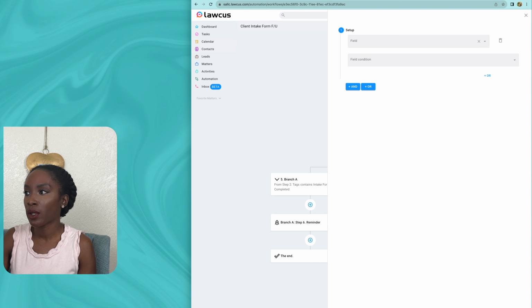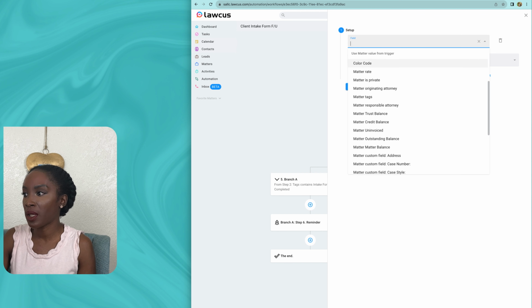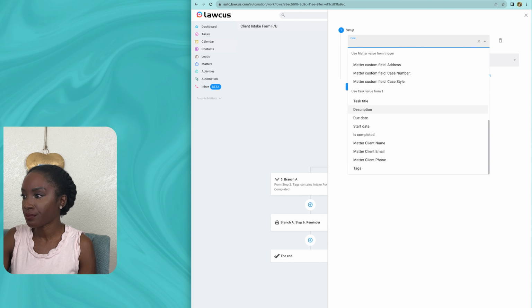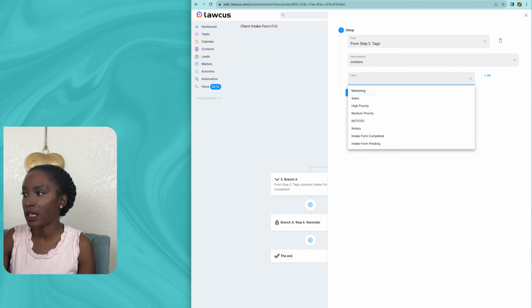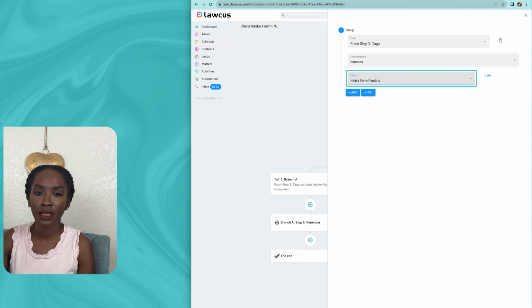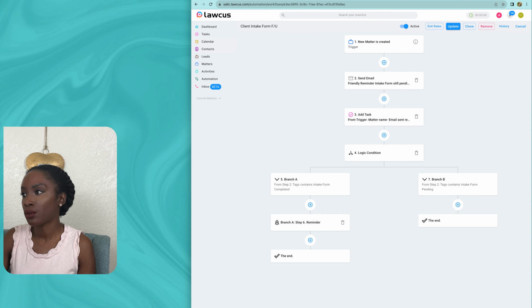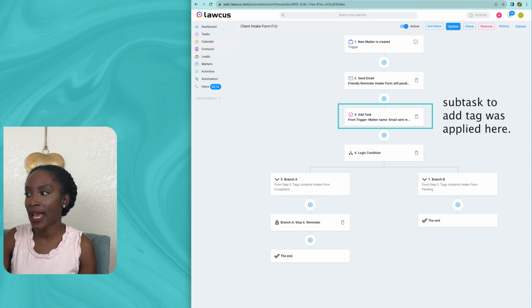So for this one, we're going to do add, and we're going to also pick the tag down here, and we're also going to say it contains, and it needs to contain intake form pending. Okay, it needs to contain intake form pending. Now, if we're sending a reminder to the person to remind them to complete their intake form. Once this tag is added that the intake form is still pending,